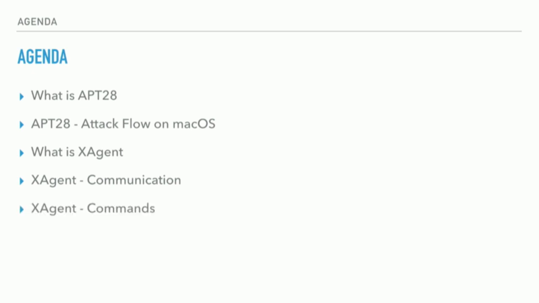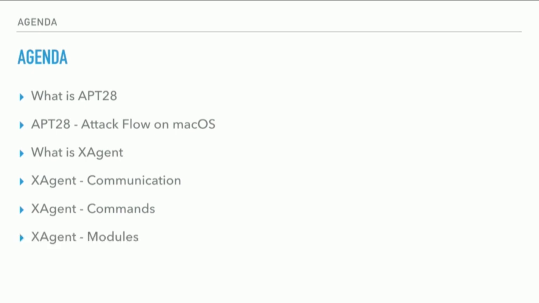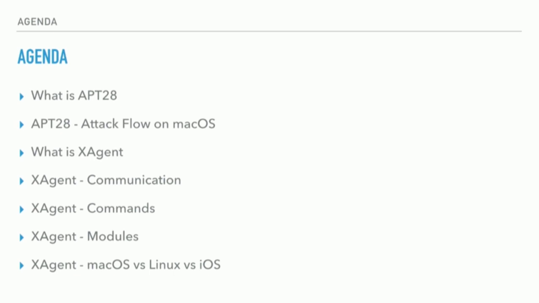Then we will see the list of commands that the malware can execute on the infected machine. And the most important part, we will analyze every spying module that this backdoor has. In the end, we will conclude with a comparison between the Mac version of XAgent and XAgent from all